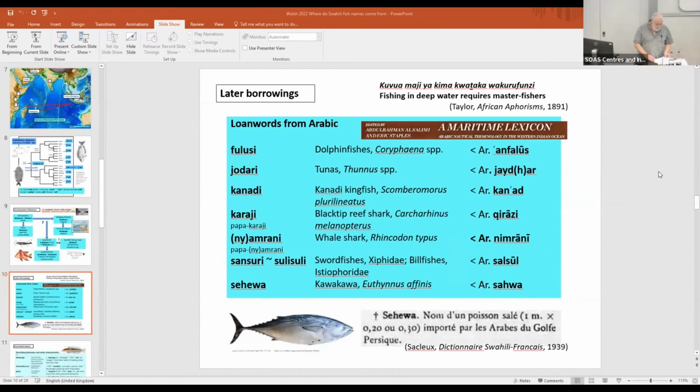And the largest and most easily recognizable set of loanwords is from Arabic. And these are all relatively recent borrowings, including fish that were imported in dried form, or originally imported rather than fished. And they're also predominantly the names of large oceanic species, reflecting the expertise of the Arabic-speaking crews from whom Swahili speakers learned much of their knowledge of deep sea sailing and fishing. And that's where you get all this later vocabulary for different types of boats that obviously come from the Gulf and thereabouts.